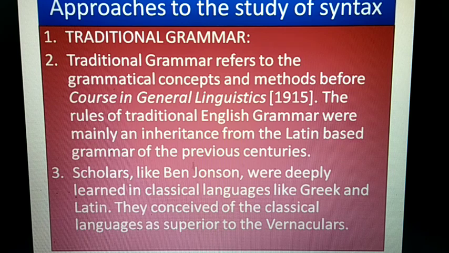And he came forward with his notion of structural linguistics in the early decades of the 20th century. And you understand the fact that he passed away in the year 1913, but after his death, his disciples, Charles Bailey and all, compiled his lectures and published